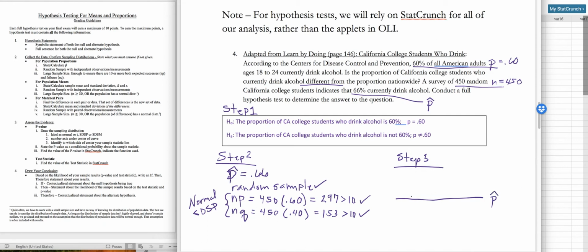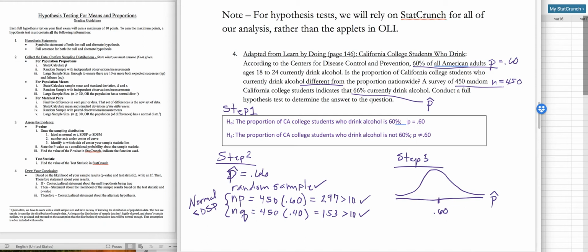Each number along the horizontal axis represents a different p-hat value. We just confirmed in step 2 that we have a normal SDSP. Right here at the center is 0.60. We know that the mean of all the p-hat values is p, and for right now, we believe H0,